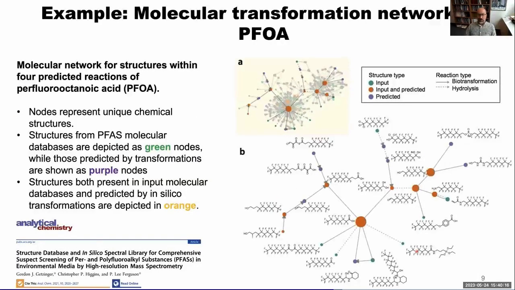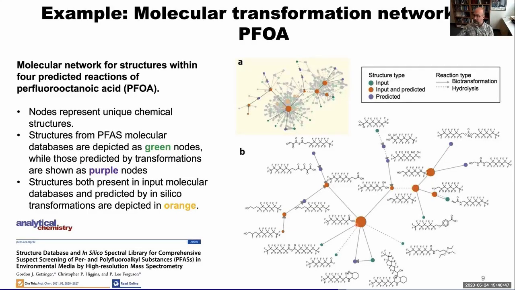So what's unique about this database is that it actually maintains a network of chemical connections due to the transformations that were predicted using our biotransformer and chemical transformation predictions. And what you can see here is actually a molecular network centered on PFOA right here in the center. So this shows all of the molecules in our database that have biotransformations or chemical transformations that are predicted to